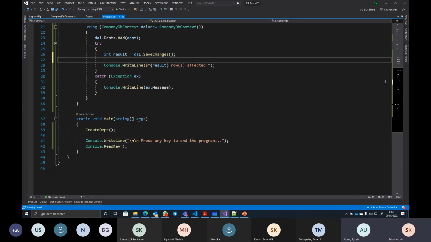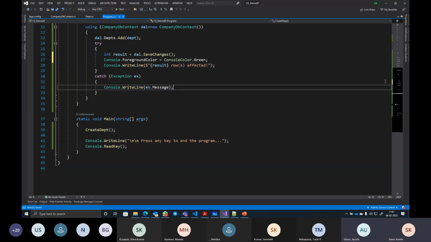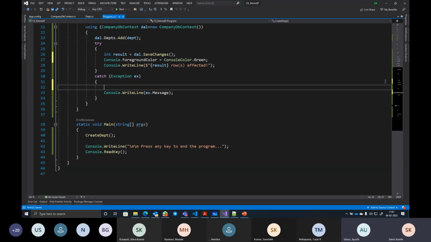A little bit of formatting I can do. Console.ForegroundColor equals ConsoleColor.Green. In case of exception, here I say Console.ForegroundColor equals ConsoleColor.Red,